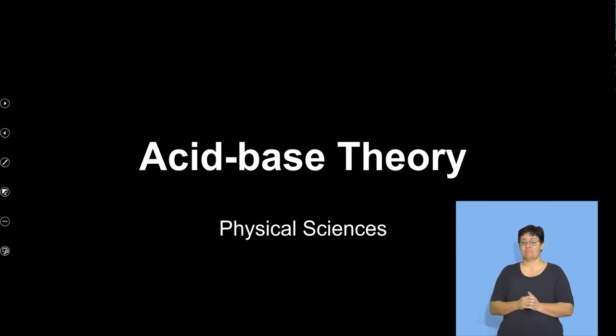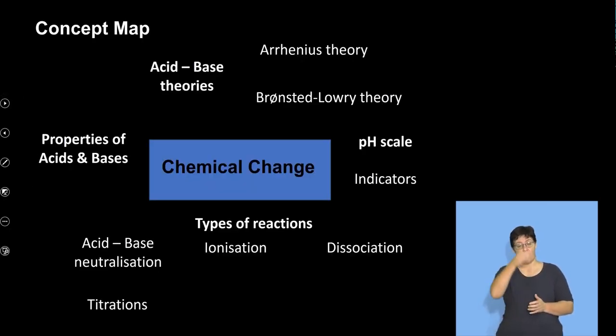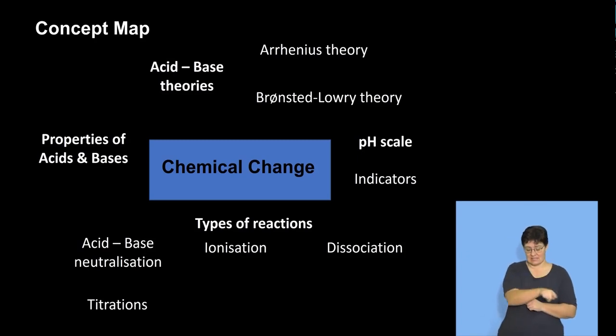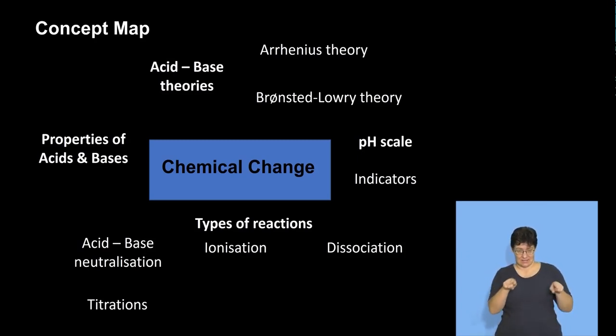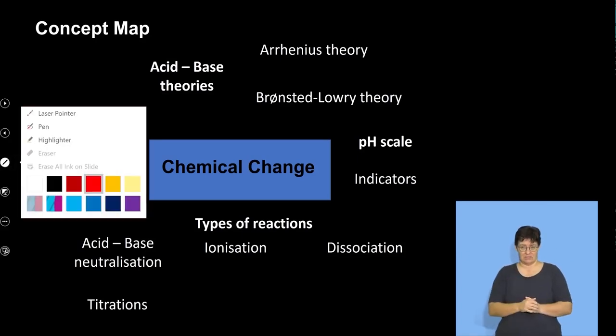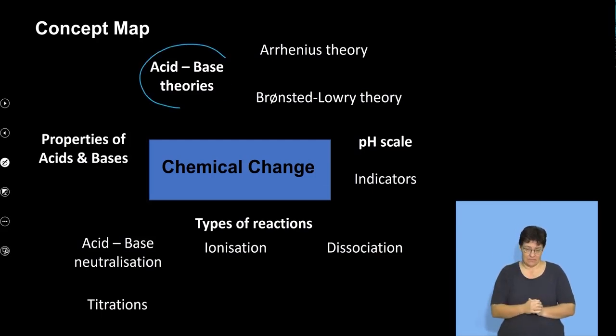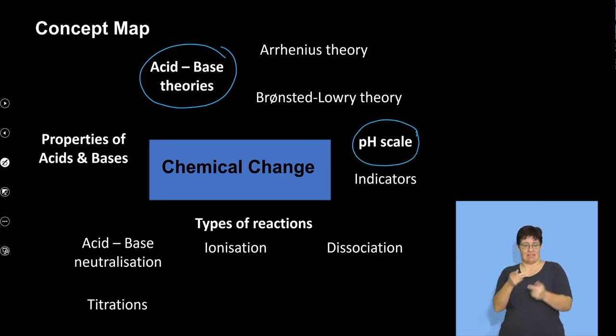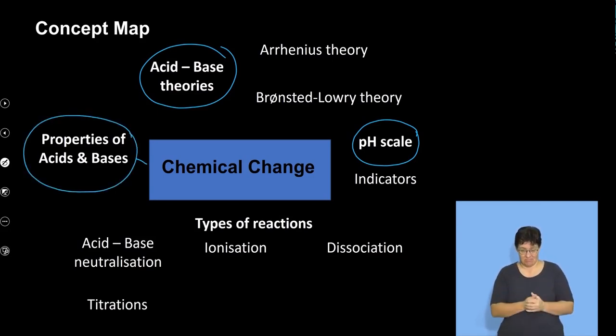Right. Now, we are going to look at acids and bases in terms of theories under the broader concept of chemical change, which is a very exciting part of chemistry, but it has a lot of theory involved. So we'll look at the acid-base theories, okay? We shall also talk about the pH scale. If you say a substance is a base, exactly what is that based on in terms of the pH scale? As a measure of how strong an acid or a base is, that will also be based on actual properties of these two classes of substances.